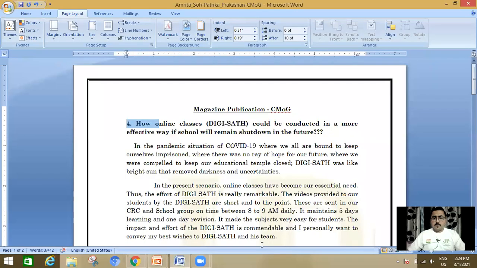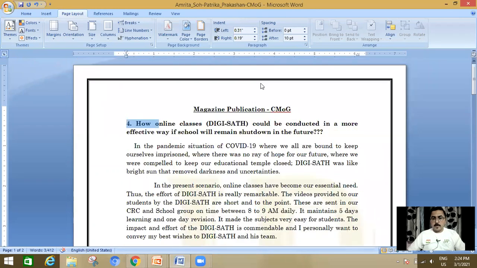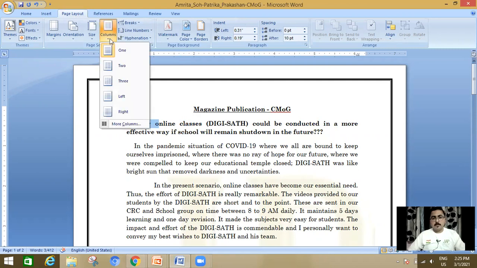So how? Here by default you can see that all my content is in one page, or you can say in one column. Now I want to change my format to 2 columns. So how? Go to the page layout tab, click on the columns option. Here you can see 1, 2, 3, left, right, and more columns also available there.